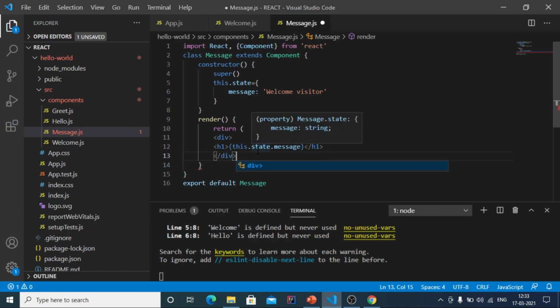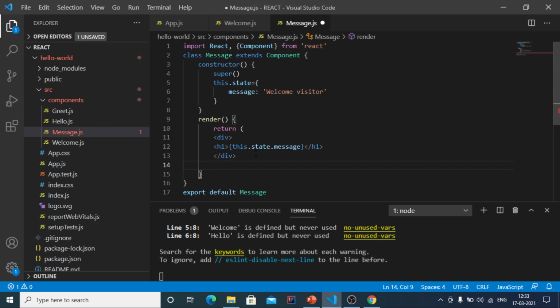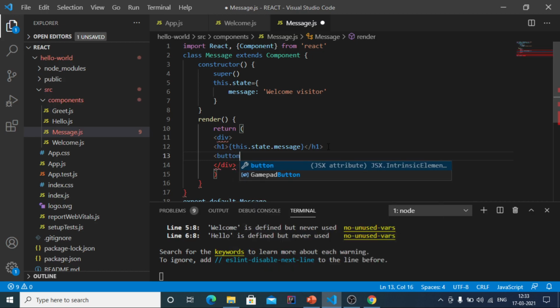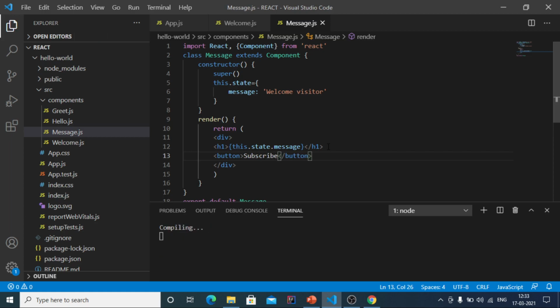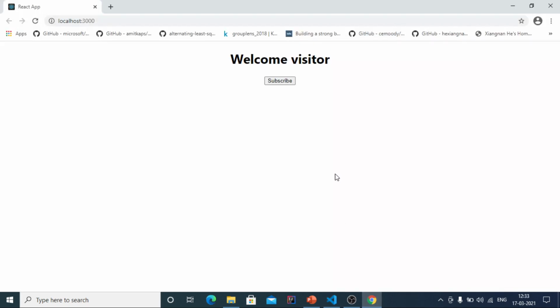And now here we should have the right parenthesis. Now we have to create a button, the text of which should be subscribe. Save this file, and you should see that the subscribe button has been properly placed right below the welcome visitor text.